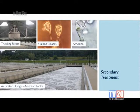Secondary treatment is a couple-step process, and I said microorganisms are used to chew on organic compounds and other pollutants. There's a whole host of different types of microorganisms in the flow stream. They like the polluted wastewater. They like that as food. What they'll do is eat that food, which reduces pollutant levels. They'll reproduce, which creates more bugs. Some of the bugs die. They have to settle. So it's a balancing act of bugs and wastewater